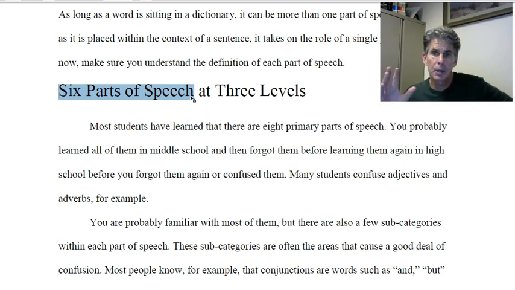The other part of speech I'm going to actually consume under another is pronouns. I'm going to call pronouns essentially nouns. I'm going to say that they're nouns. So that simplifies things, and that gets us down to 6 parts of speech. Pronouns function almost exactly the same way as nouns. When you put them in your sentences, they're going to do almost the exact same things as nouns. So the distinctions between them really aren't important. And again, you know pronouns like he, she, they, we.